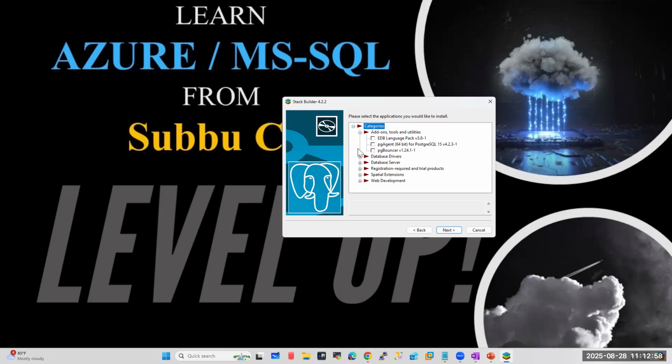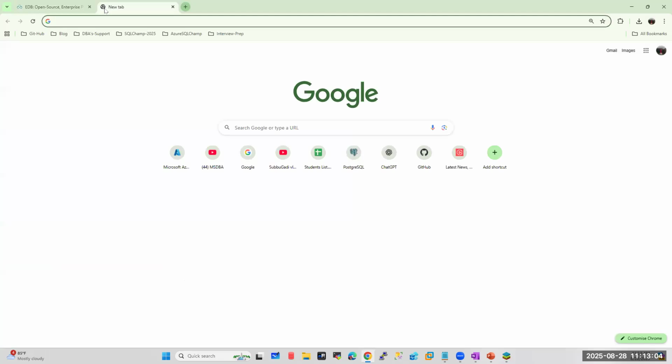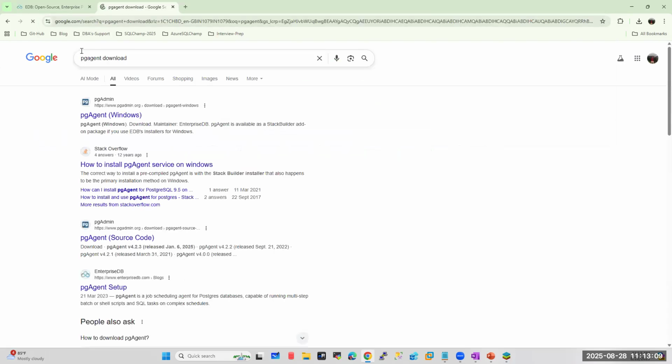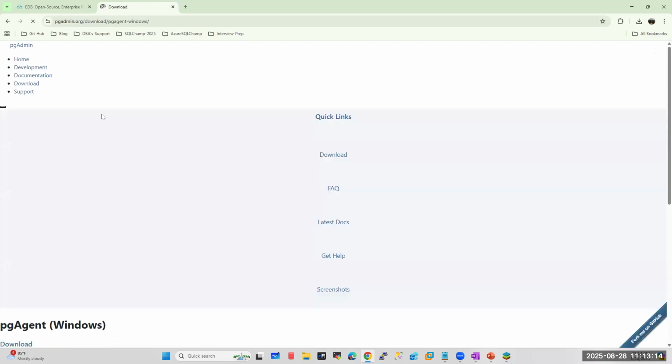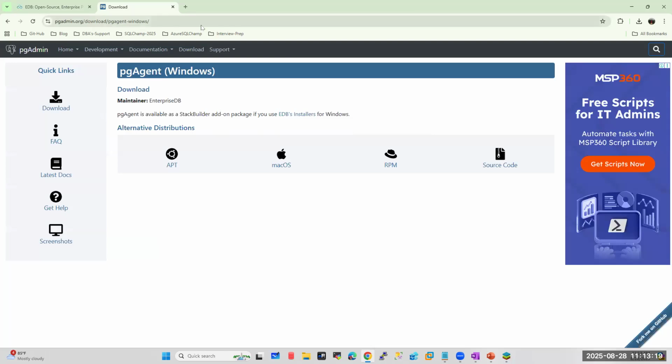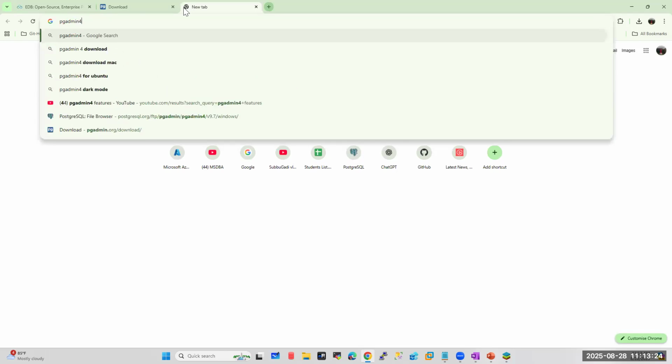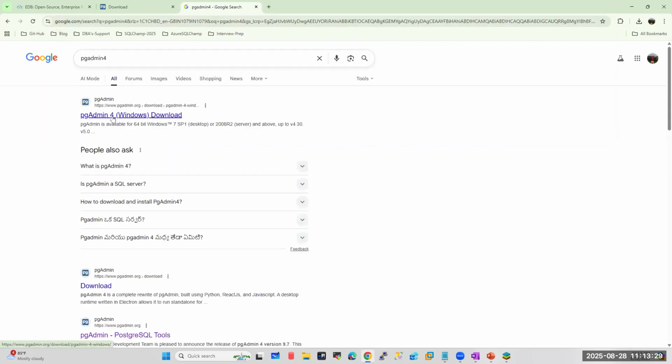I can download the PEM agent from Stack Builder, or I can directly go here and search for PEM agent. I can directly download the PEM agent from here also, and I can also download the pgAdmin 4 utility. Okay. So we'll talk, sir, tomorrow, about all this stuff. If I want to download pgAdmin 4 separately and install it separately,